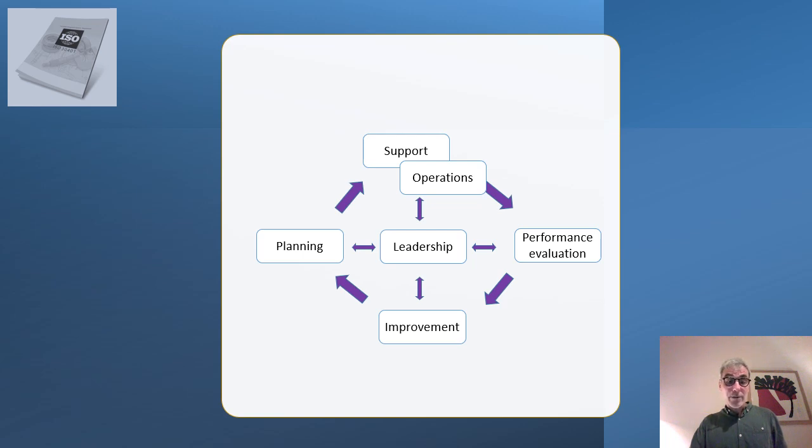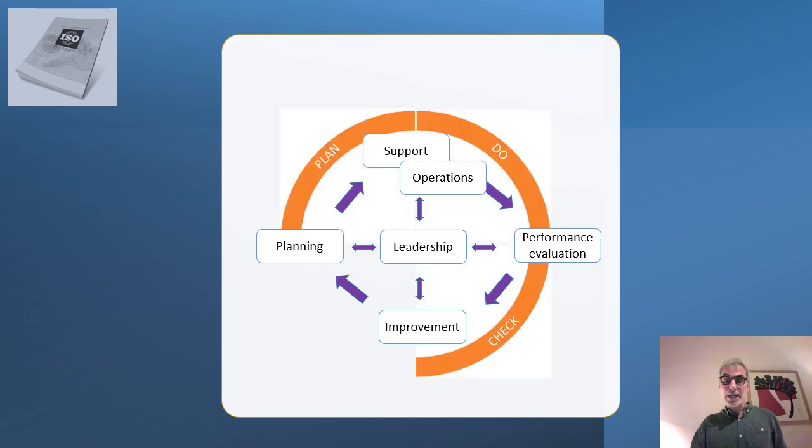Presented this way, the sequence can be summarized in 4 different steps: planning, doing, checking, and reacting. Altogether, they form the management system that we discussed earlier, which applies to a specific discipline, knowledge management. And here we see how the different pieces that form the chapters of the standard come together.